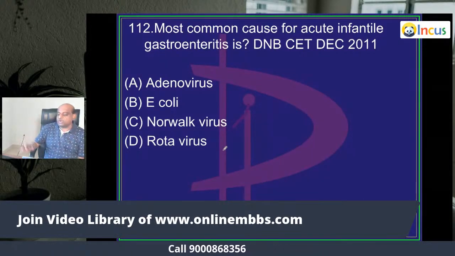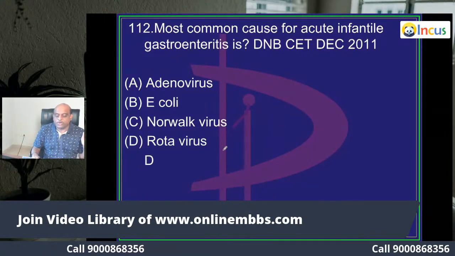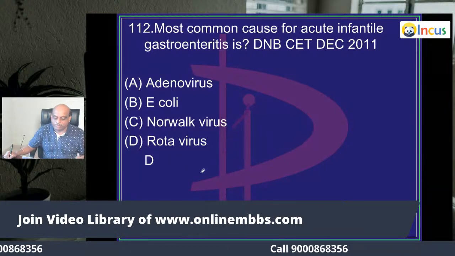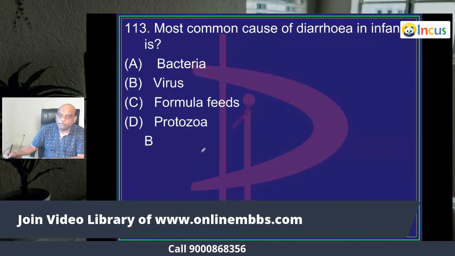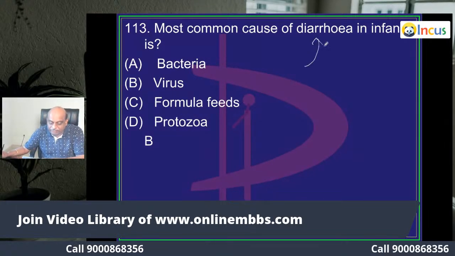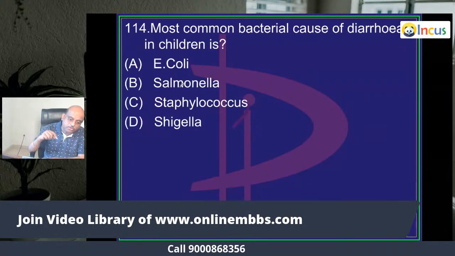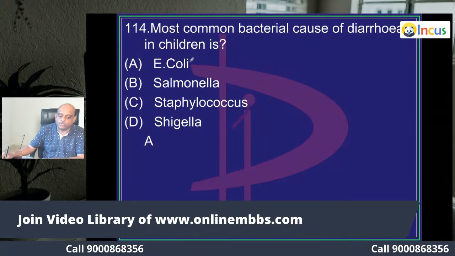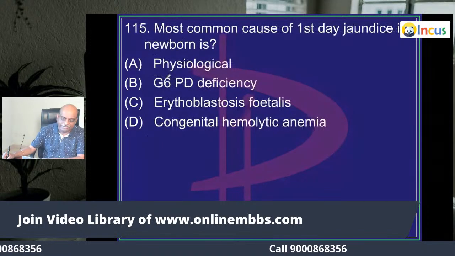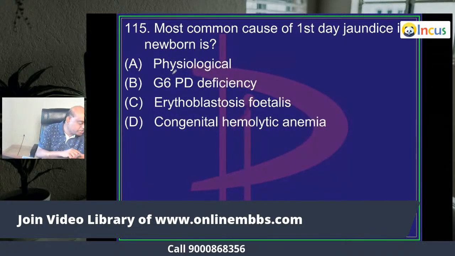Now, the most common cause of acute infantile gastroenteritis is rotavirus. The most common cause of diarrhea in infants is viral. The most common bacterial cause of diarrhea in children, enterotoxigenic E. coli. The most common cause of first-day jaundice